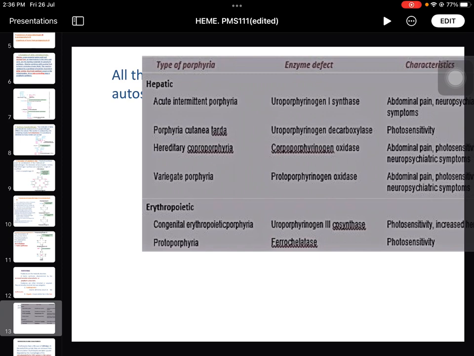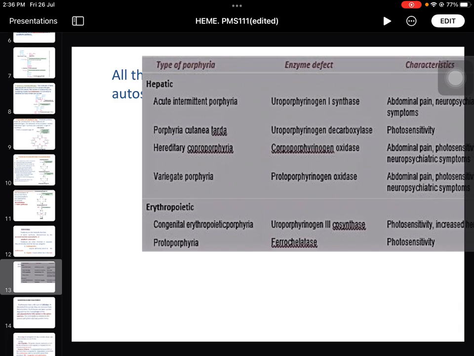And in erythropoietic porphyria, there are 2 types. One is congenital erythropoietic porphyria, which is related to the defect of the enzyme uroporphyrinogen 3 co-synthase, which may also cause photosensitivity. And protoporphyria, which is caused by the defect of the enzyme ferrochelatase, where most of the symptoms are